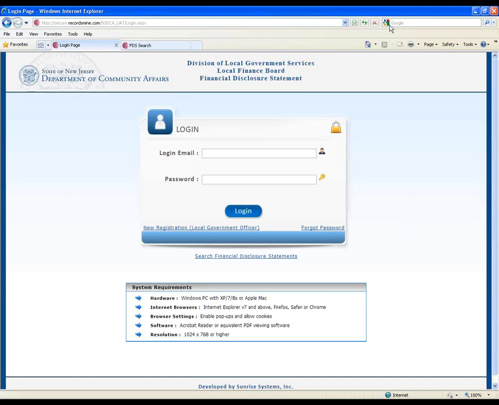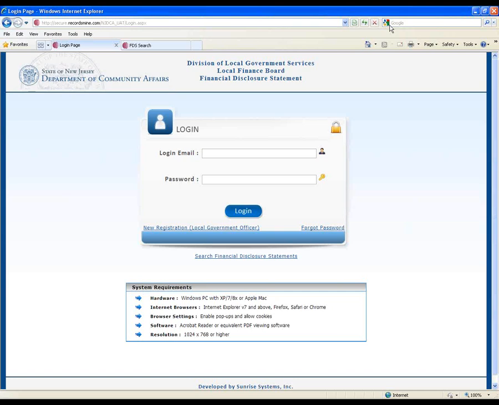When we come here, over the next couple of weeks, just prior to going live, the DCA will be communicating with you with your usernames and temporary passwords in order to log into the system. Those usernames, which ultimately will be your email address, are coming from the GovConnect site. The DCA is working on filtering through those lists, and that information will be sent to you within the next, I would say, 7 to 10 days, just prior to the system going live. Once you get that information, you'll use it to log into the system, and we're going to do that in a few minutes here.